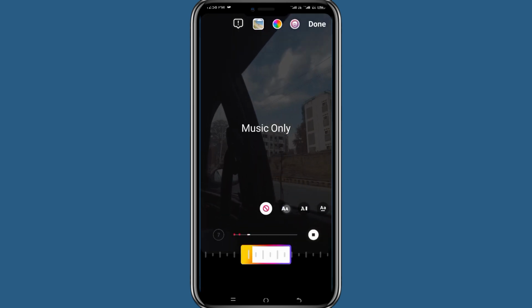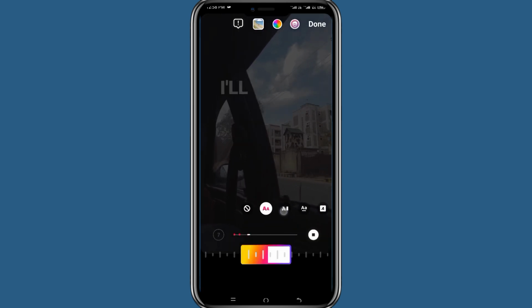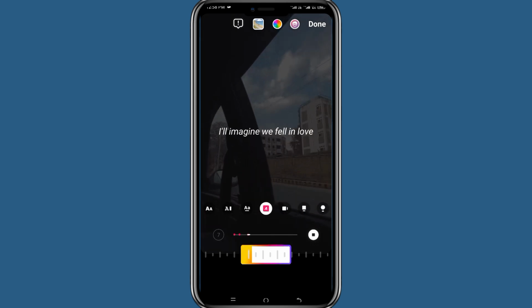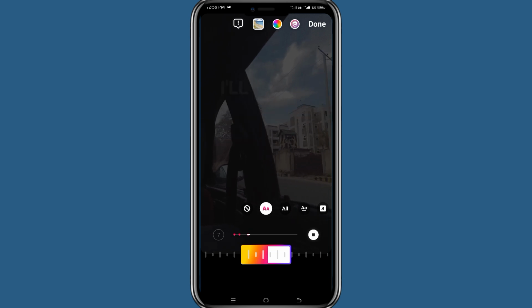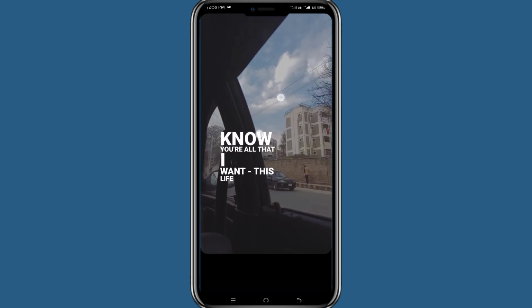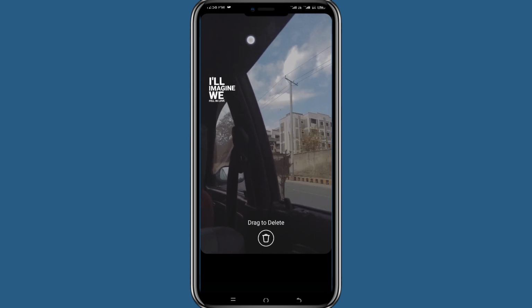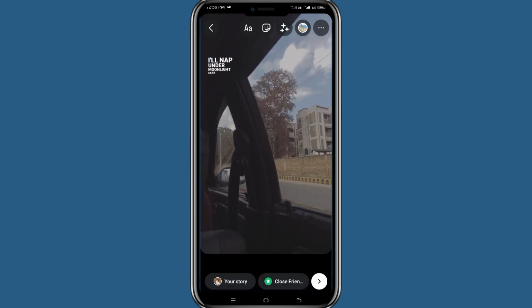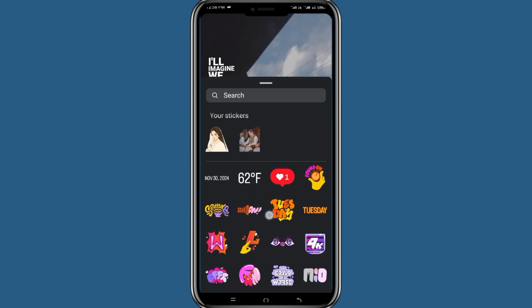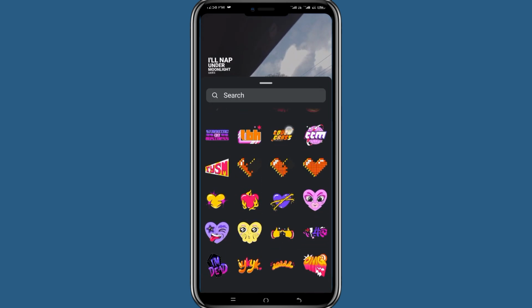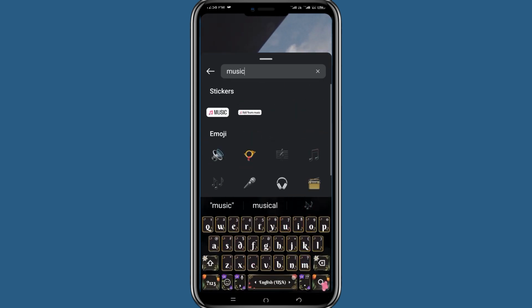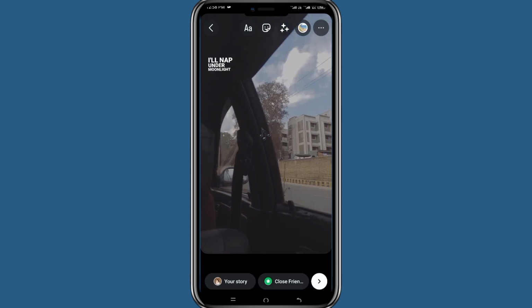Okay, and you can add the lyrics here if you want, like this. So this one is trending, so I will go with this one and let's place it here like this. Okay, now if you want to add stickers, I will go with sticker here, and you can add a sticker from here, or let's add music here. So I will add this music here